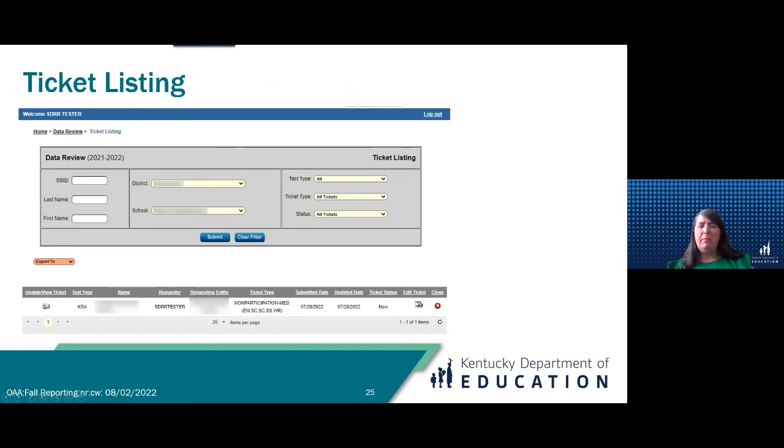And then sometimes people go through and they're going, oh my goodness, I put the wrong ticket for this kid. What can I do to get rid of that? Well, you can go in and close that ticket. If it's not the right information or the right student, you can go in and close that ticket at any time by clicking on that X from your student listings too. And then you can also do it from your ticket listing as well, be able to go in and close the ticket for a student. And like I said, you can filter by all of these.